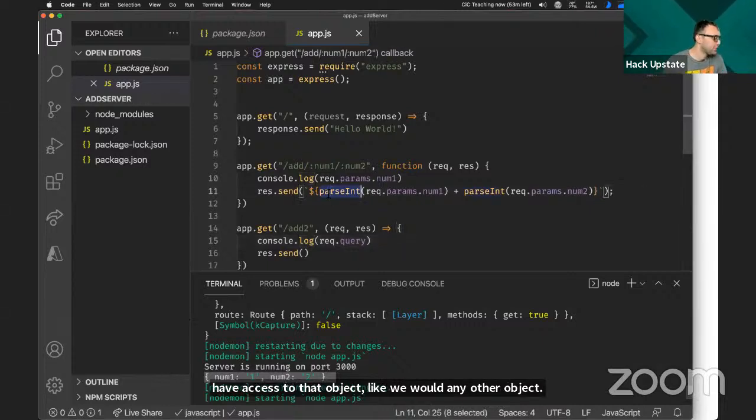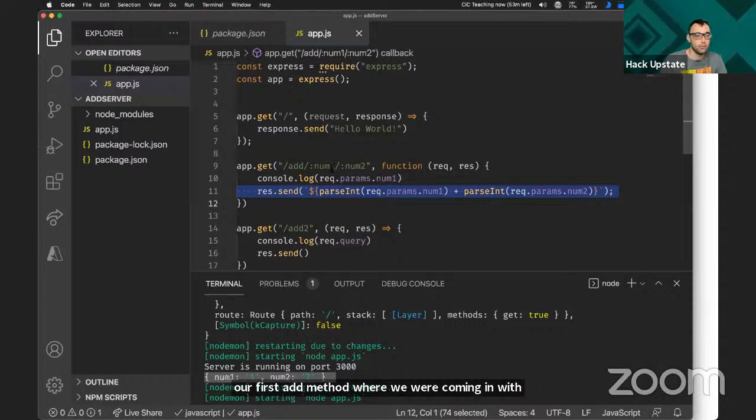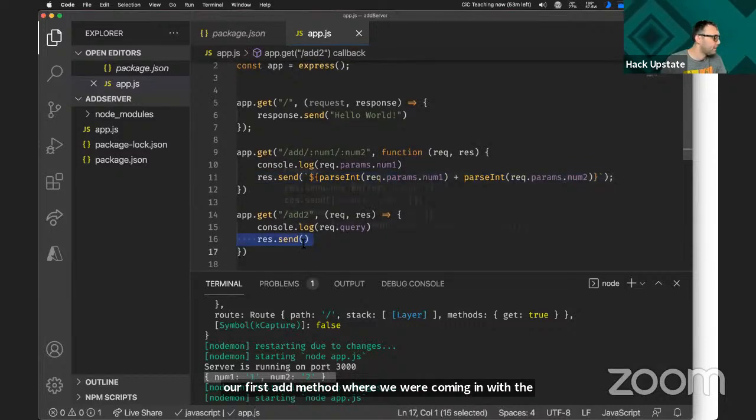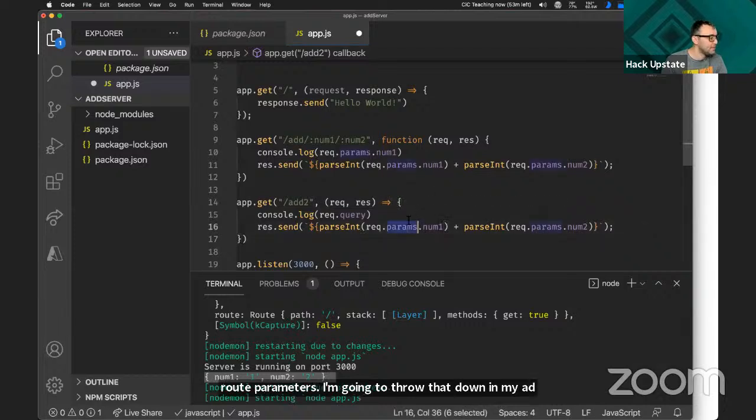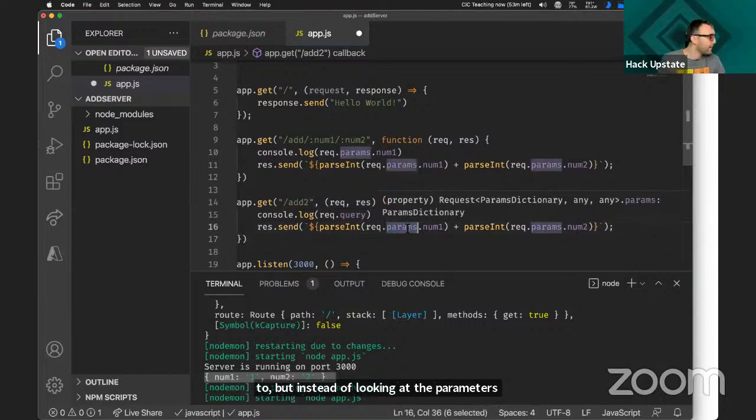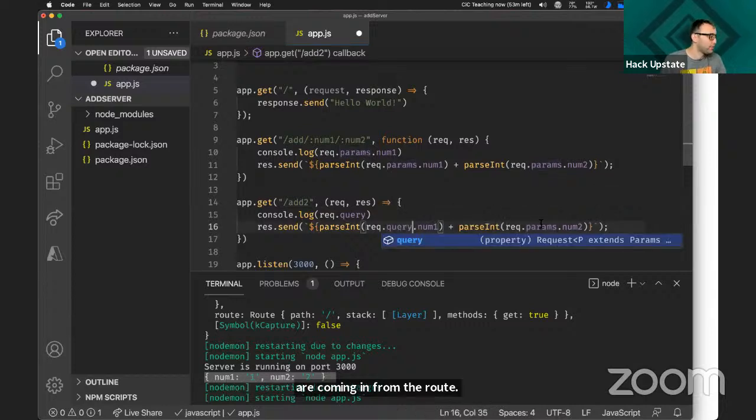So I'm going to actually take this exact same code from our first add method where we were coming in with the route parameters. I'm going to throw that down in my add2, but instead of looking at the params that are coming in from the route, I am going to look at my query instead.